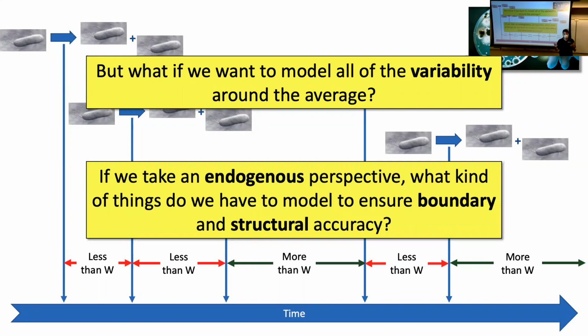Now, the approach we've taken in this class, this endogenous approach, is that we grab as many variables as we think are possible or that we need, and then we use those to generate these simulation models. If I really want to know in the bacteria case why some bacteria take longer than W to reproduce and other bacteria are shorter than W, I have to ask myself about the cell physiology of what goes on in a little bacterium cell. There's probably a lot I need to know in order to really predict that. I need to know where all the organelles are, how much ATP is in the cell. There's all of this different stuff needed to predict this variation.